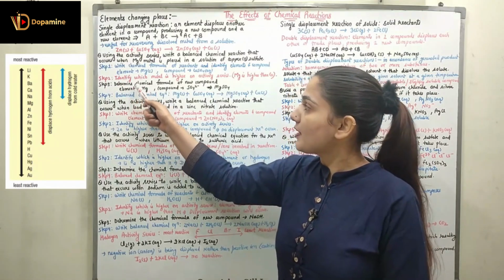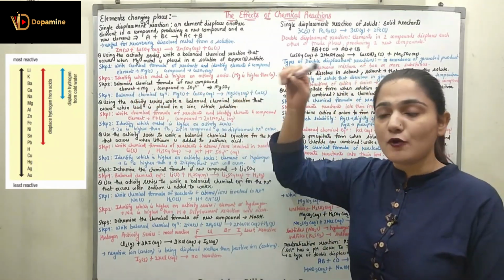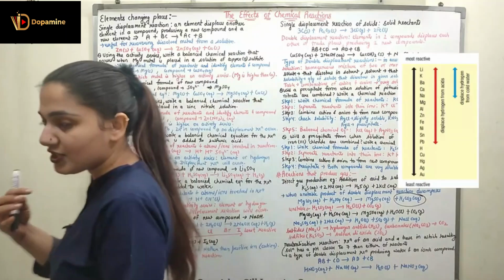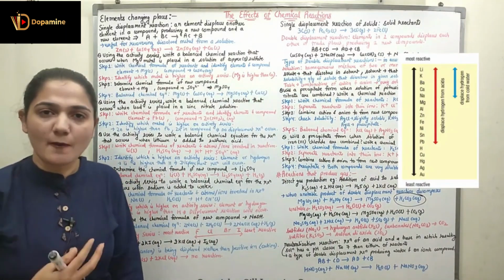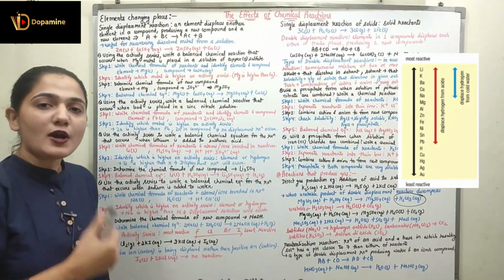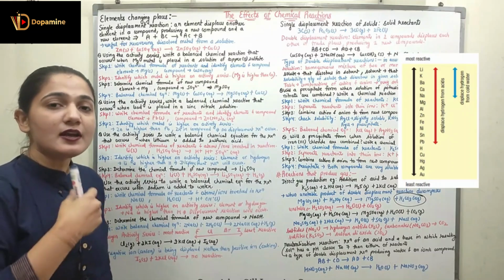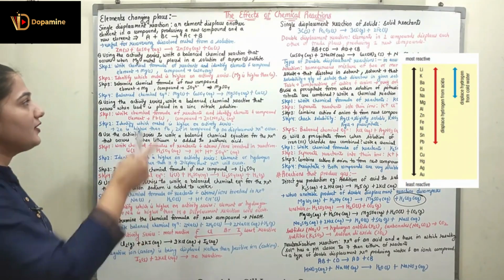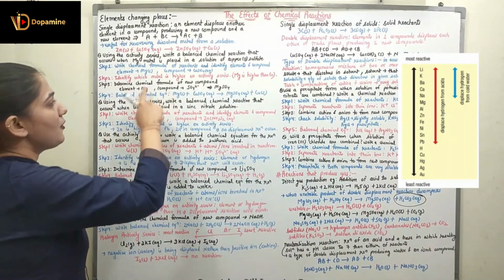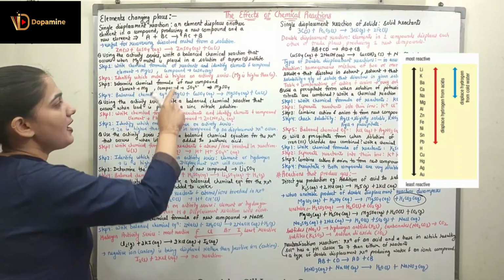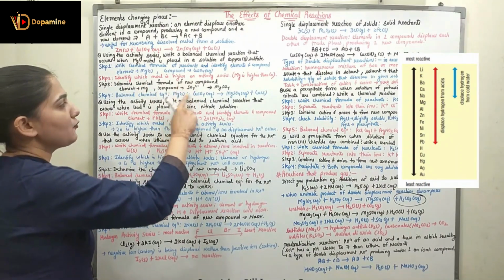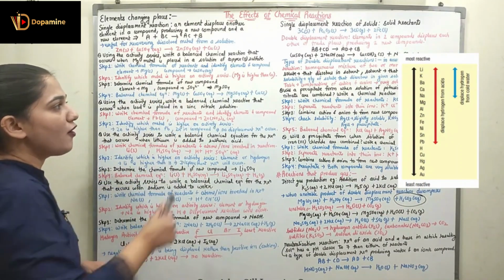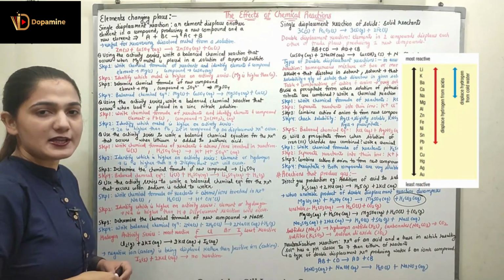Now we have to determine the chemical formula of the new compound. We have understood that magnesium is going to displace copper. Now we need to know what the output is, what the new compound that is formed will be. The new compound that is formed will have the magnesium and the ion would be SO4. So we are going to form the new compound as MgSO4.